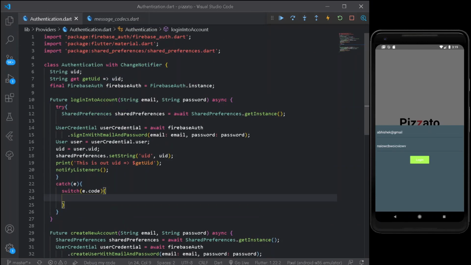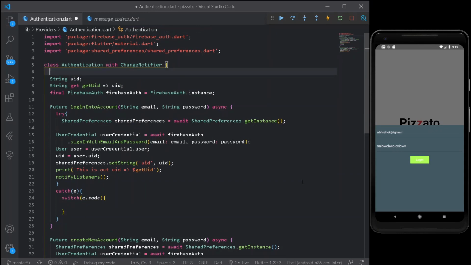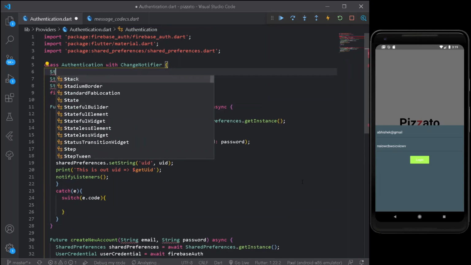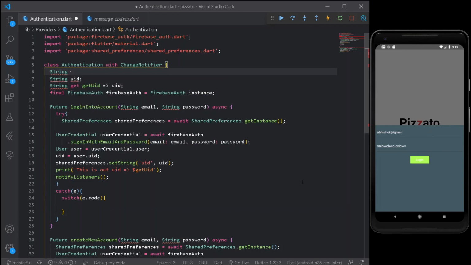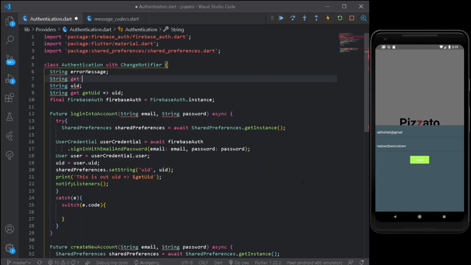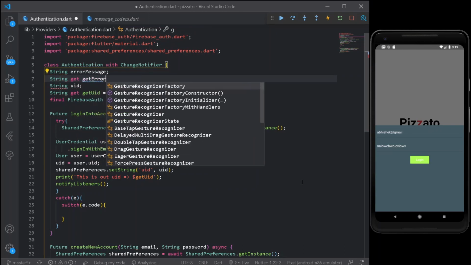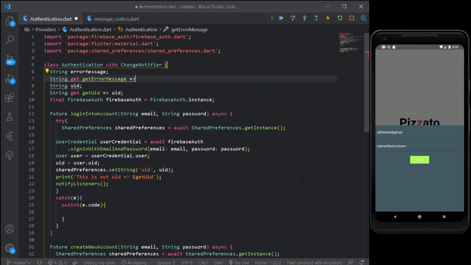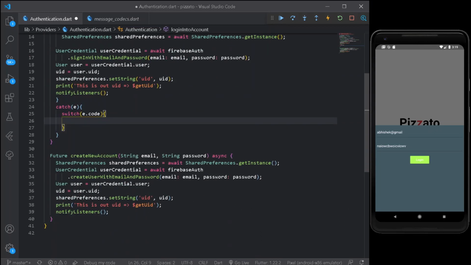But first things first, let's move to the top of our authentication class, and here I will write a new string, let's say error message. I will write a getter for it, a new getter for get error message, which shall simply arrow-function into the error message itself. Here let's paste the entire code.